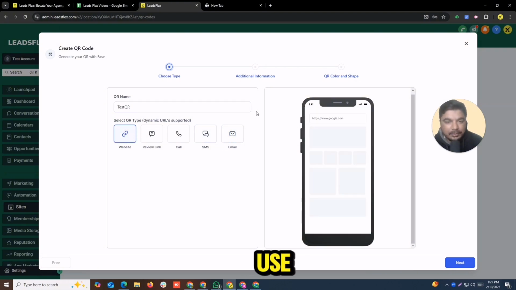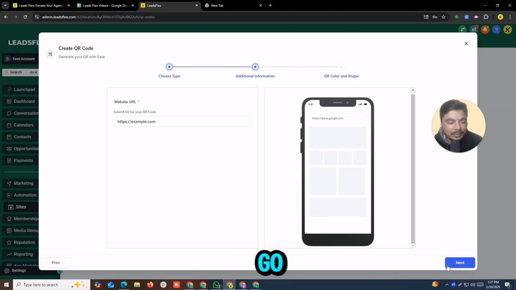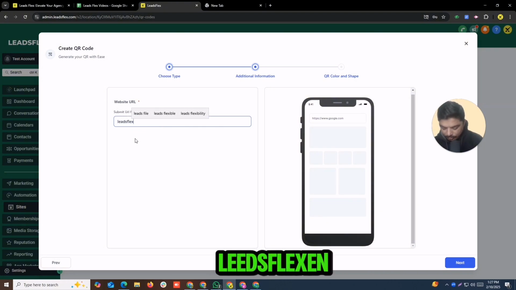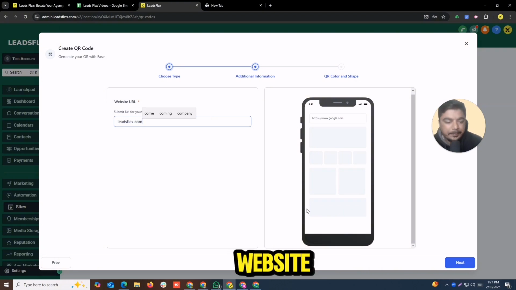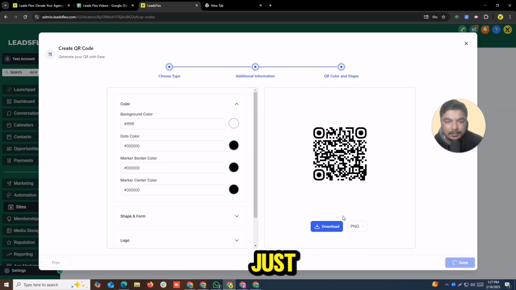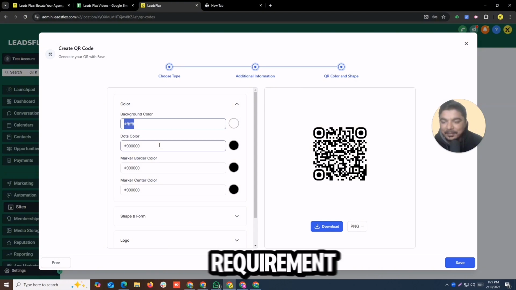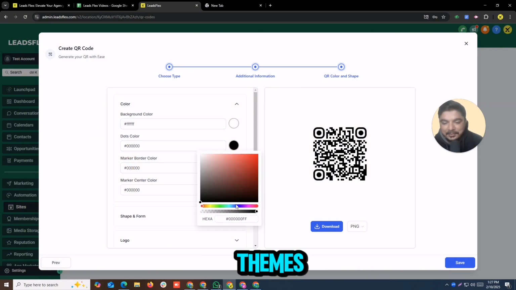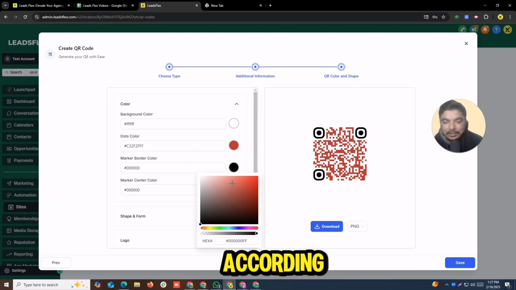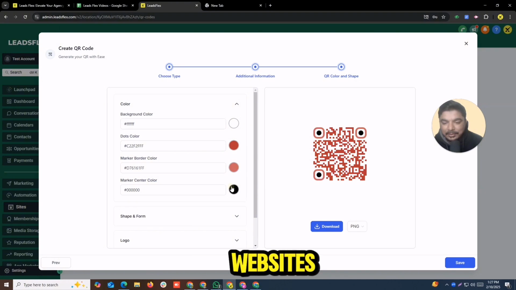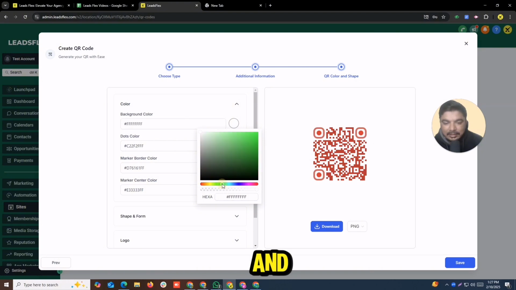For now I'm going to use it for this subject, and simply go to the next icon, and in the next icon I just put our website. In my case I will say leadsflex.com, that's my website. Then I will design this barcode according to my requirements: colors, themes, whatever your brand color is, you can design according to your website's requirements. I'll just say that's also a red,